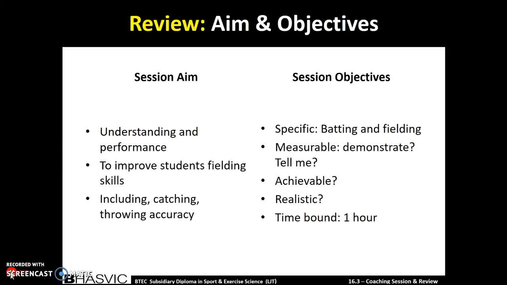The way in which I assessed this was to gain a basic understanding of my group's fielding skills at the start of the session and during the end of the session through the drills, observing the students to see if any improvements had arisen in their fielding skills. Another way in which I assessed was by asking them questions at the end of the session to see if the students believed that the exercises that were set were useful in improving their fielding skills.